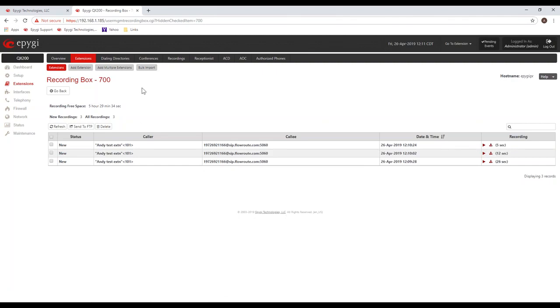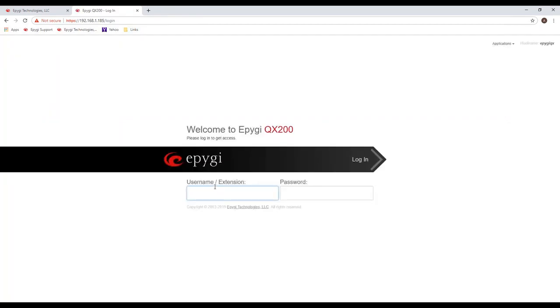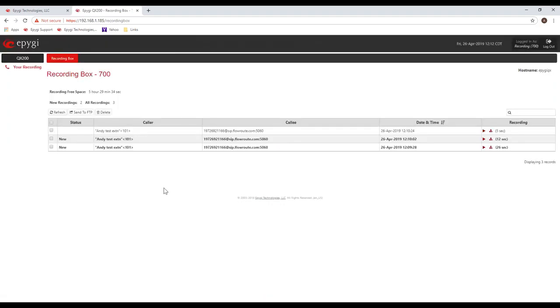Now, I am logged in as admin, so obviously you wouldn't want to give the users full access to the admin login. Now, I did enable the login from the page. You can see from when we initially configured the extension, I gave it the GUI login. Well, on the main login page of the QX, the user can log in with their extension and extension password. Well, the extension is 700 for the recording box, and I enter the password, and it gives me the interface where the users can actually see the recordings